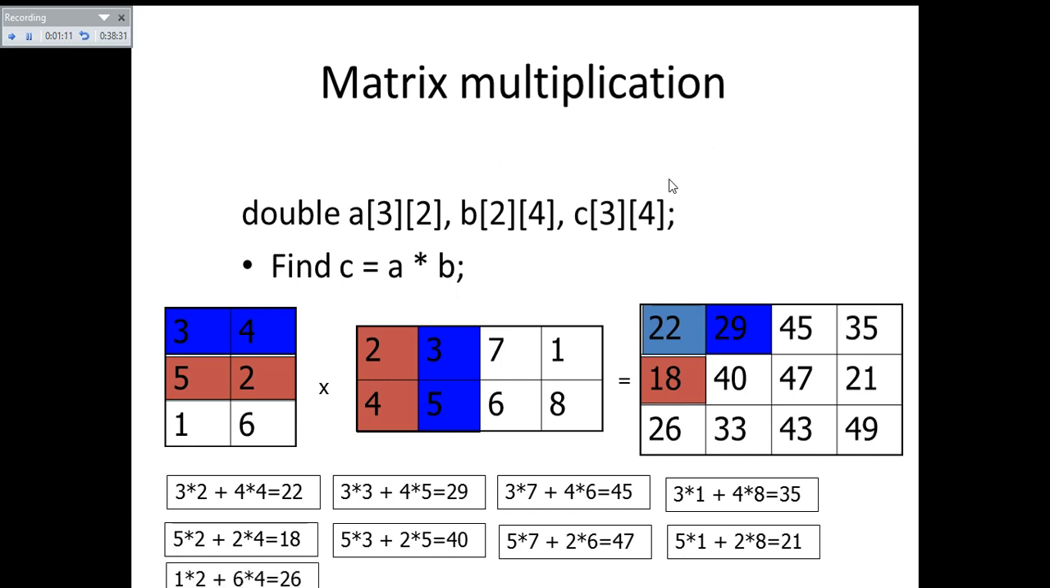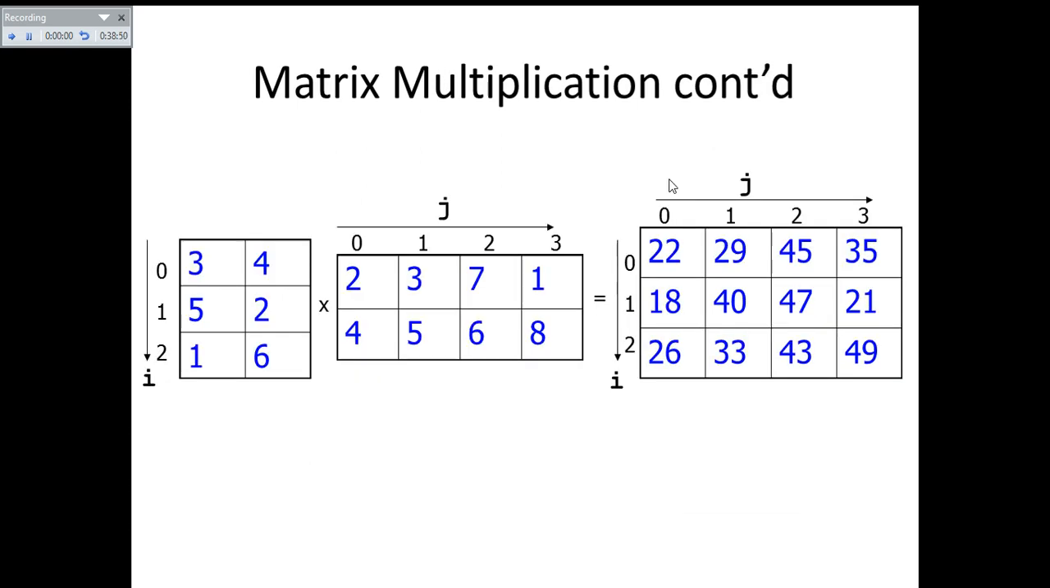Then 1 6, that is row 1 6, is multiplied with 2 4, so that you will get 26. 1 6 is multiplied with 3 5 you will get 33. 1 6 is multiplied with 7 6, so that you will get 43 as a result, and again there is a 1 6 that you multiply with 1 8 you will get 49, which is the result. And this matrix multiplication